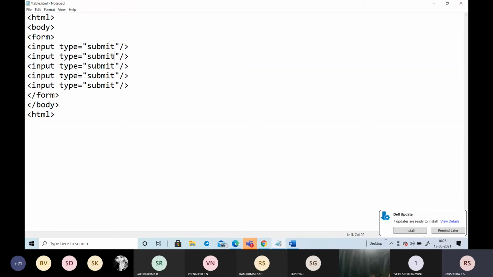You will see that in the coming class. Just see what changes occur by adding the submit button. I will take the text button first.